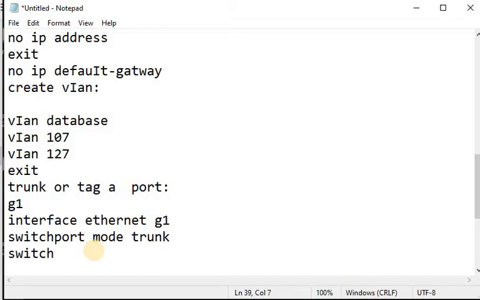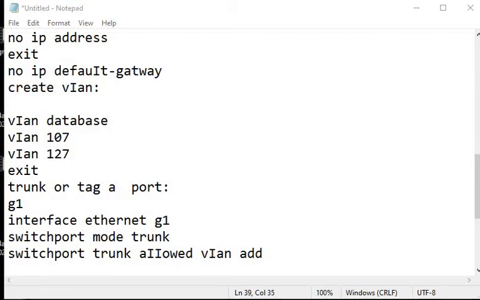Next, I will allow which traffic from which VLAN can pass through this port. So I will type switch port trunk allowed VLAN add 107.